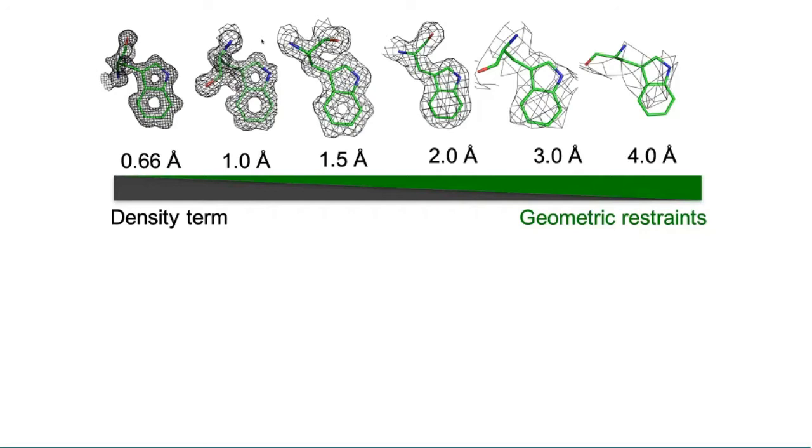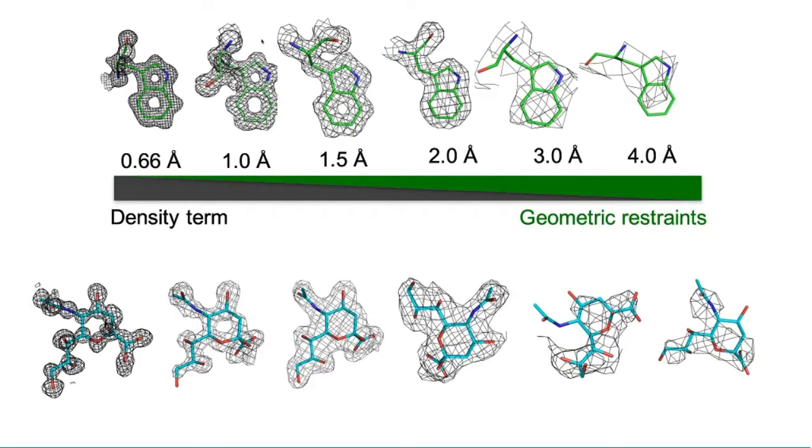But that is not an issue for the proteins because, of course, the amino acids are connected to each other. When you solve any structure, you have prior knowledge of the amino acid sequence. Once you are able to solve part of the structure, the rest of the structure is much easier and pretty straightforward. But when you have a small ligand molecule, which is non-covalently bound in the binding pocket, it gets very